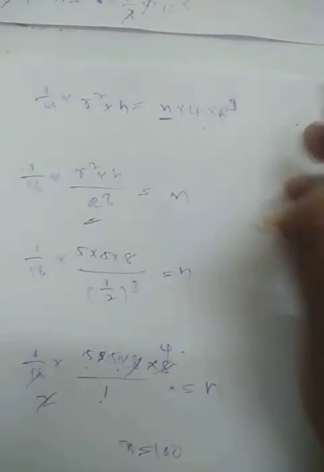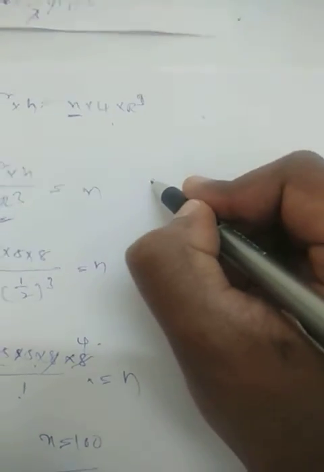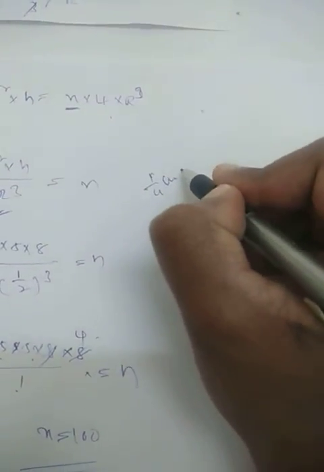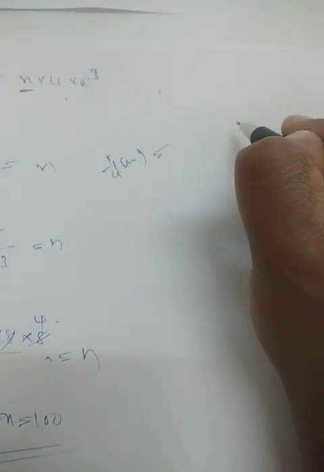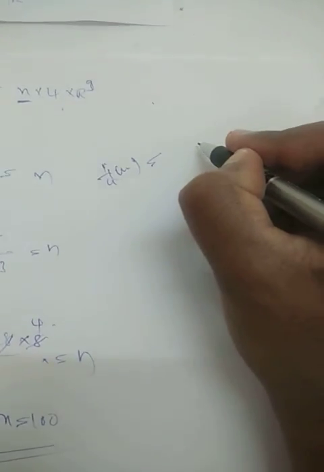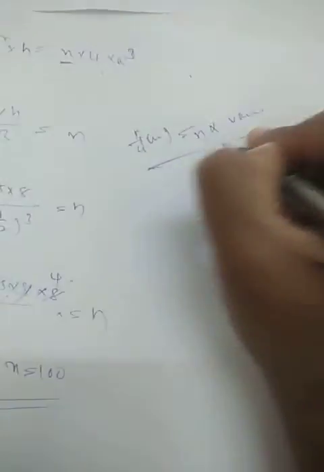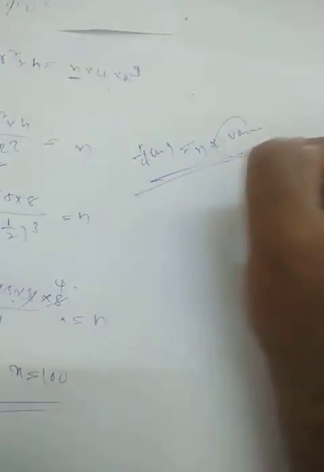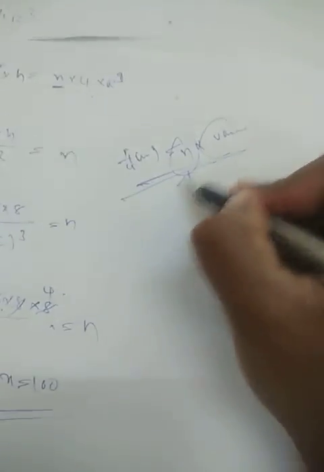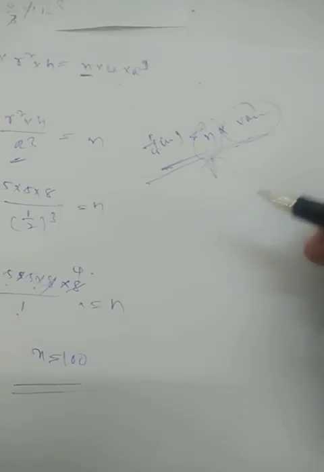Once again I am telling, the amount of water that comes out from the cone, that means 1/4 of the volume of the cone, is equal to the volume of all the marbles dropped. We know the volume of each marble. So the total volume of the marbles is n into the volume of each marble. From that we get the value of n. So this is about question number 5.